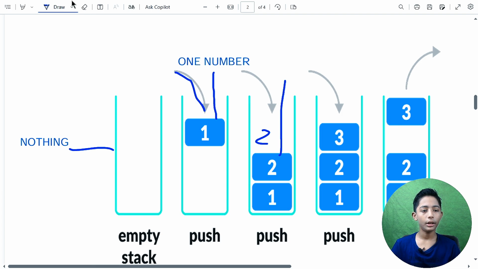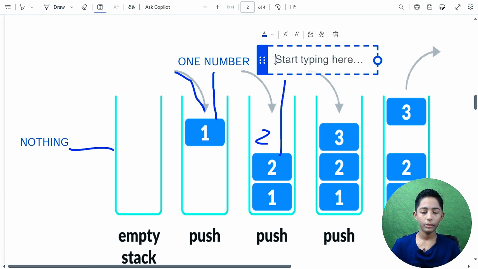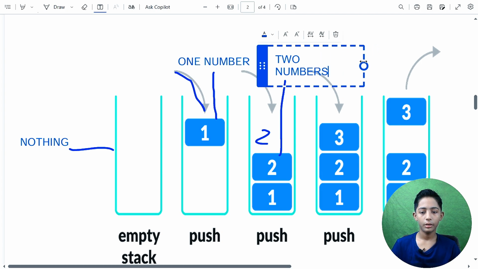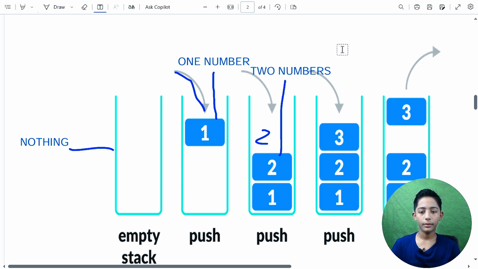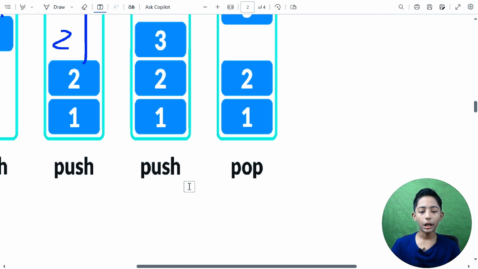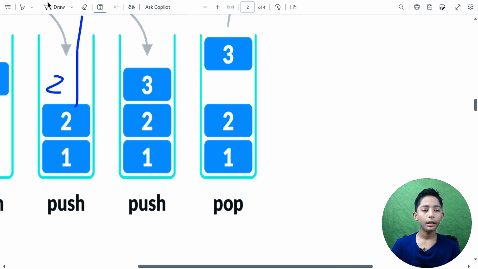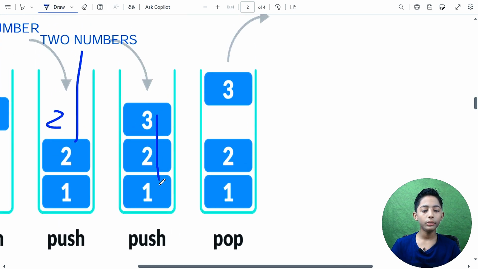Okay, now in the third push there are three numbers: 1, 2, 3.